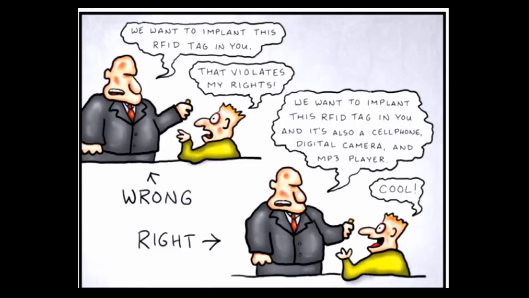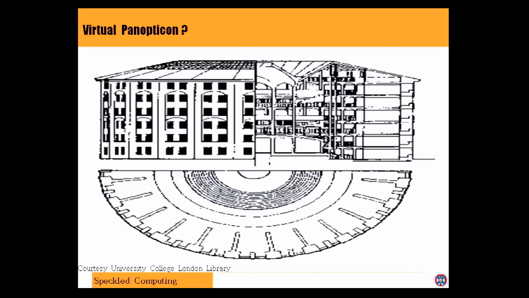But what's the grit in the oyster? What is it that we need to be concerned about? As a technologist, you would think, oh, this is wonderful, this is great. Why don't we all get this? But I think there are a number of pitfalls, as a community, as scientists, that we need to highlight. And one of those is, are we moving towards this world of what Bentham called a panopticon?